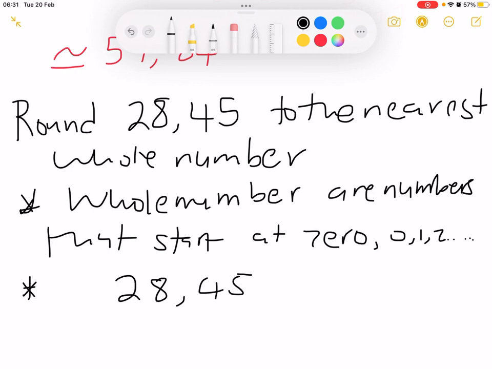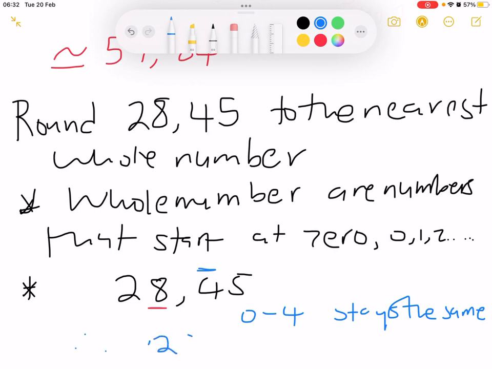So our rounding number is the first number right before the comma of our decimal, and therefore the number next to it is a 4, and so this 8 is our rounding digit, and then our 4 is the number next to the rounding number, and it is found between what? 0 and 4. So if a number is found between 0 and 4, the rounding digit stays the same. So therefore